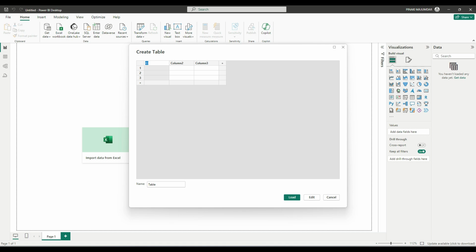Or if you want to rename all the columns, once you have renamed the first column, you can just press the Tab button from your keyboard, and it will move to the next column. So I'll be naming this one as Name. The third column I'll be naming as Country. Okay. So now here you can enter the data manually from the keyboard like this,